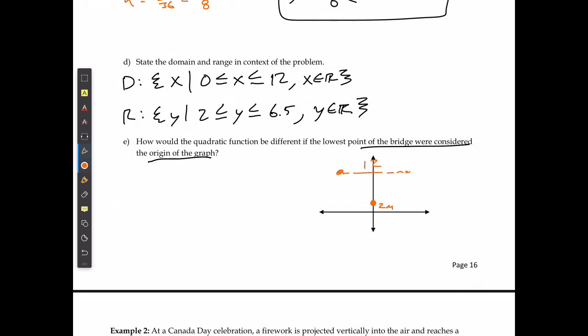I would just wind up having a few new points of either 6 and 6.5 or negative 6 and 6.5 to get up to where the top of it is, which means that the equation is going to be the same. All I did was shift everything to the left by 6,